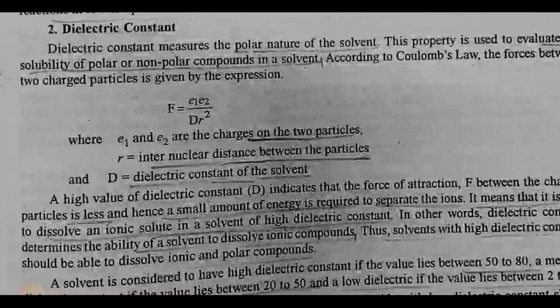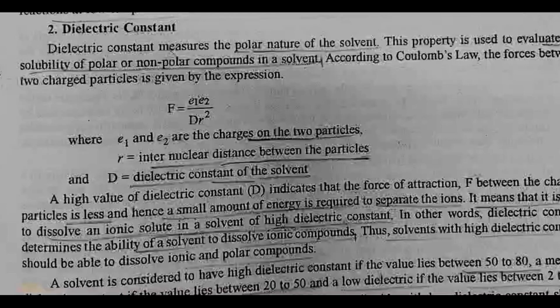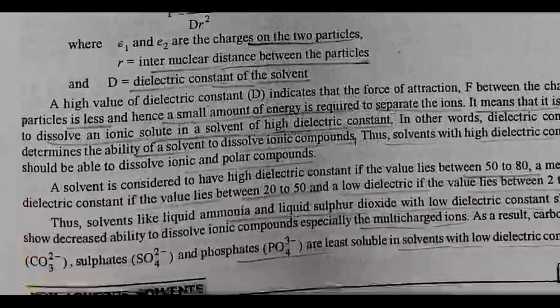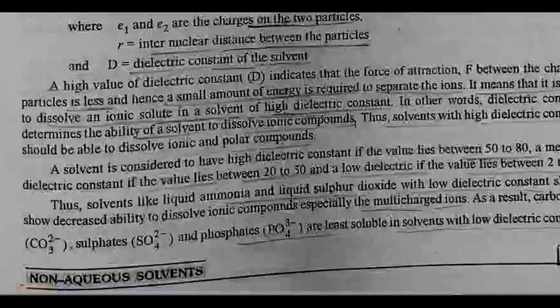In other words, dielectric constant determines the ability of a solvent to dissolve ionic compounds. Thus, solvents with high dielectric constant should be able to dissolve ionic and polar compounds. A solvent is considered to have high dielectric constant if the value lies between 50 to 80, a medium dielectric constant if the value lies between 20 to 50, and a low dielectric constant if the value lies between 2 to